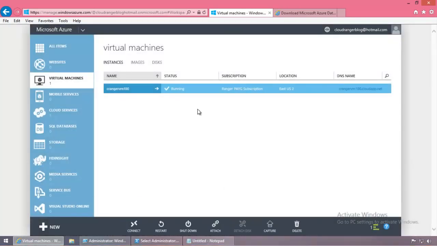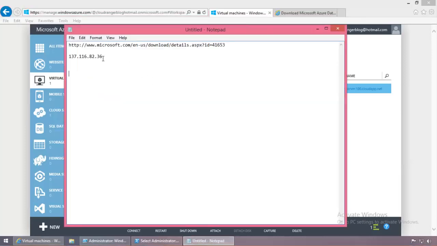Okay, so the virtual machine has started. And by the way, I do pause these videos for all these activities to take place in the background. A virtual machine could sometimes take even, I've seen 10 minutes to start. So if you're following along, you might have to wait for the virtual machine to really start and get into a running state. So anyways, what we were trying to prove here is that the last time this was running, the VIP was